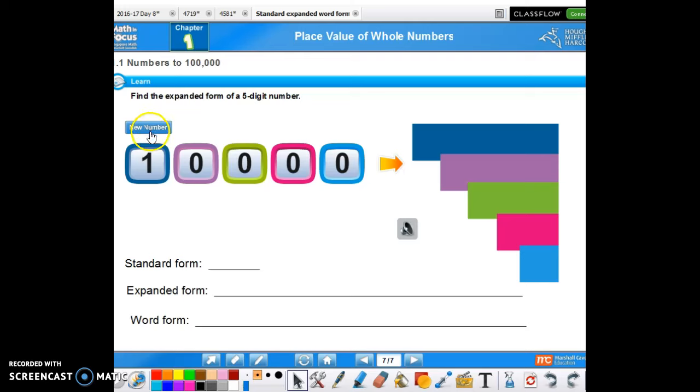So now you can take those strategies and use them. I am going to click this new number button, and a new number is going to come up, and I want you to try and write that standard form number in expanded form and written word form. All you have to do is pause the video when the number pops up. Here's the first number. 16,352. Write it in expanded and written word form. Now pause the video and do it,